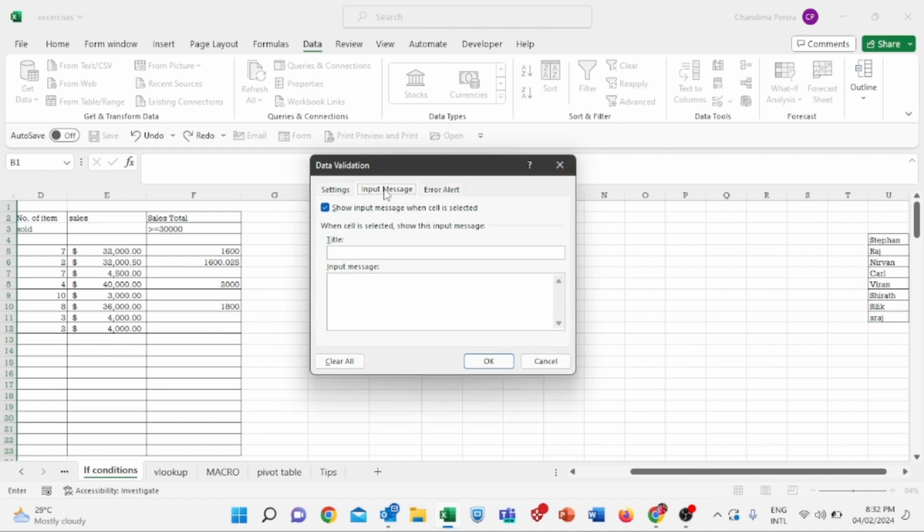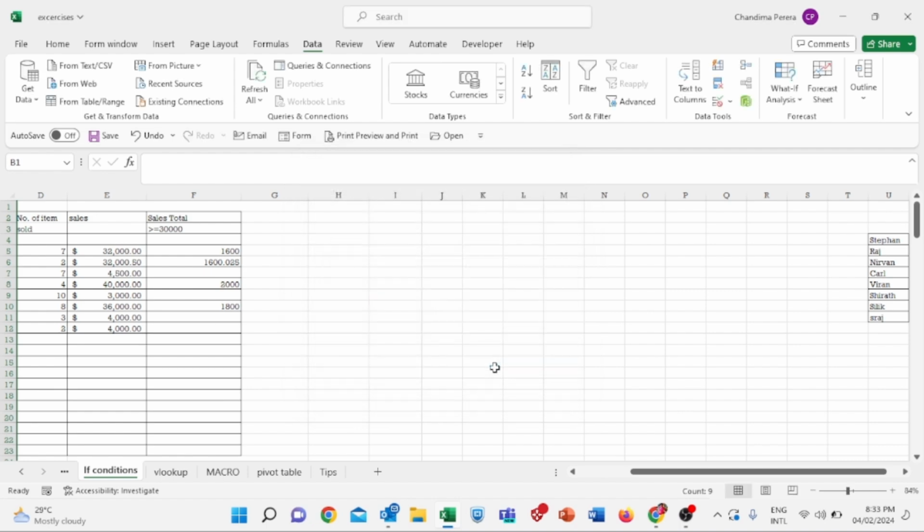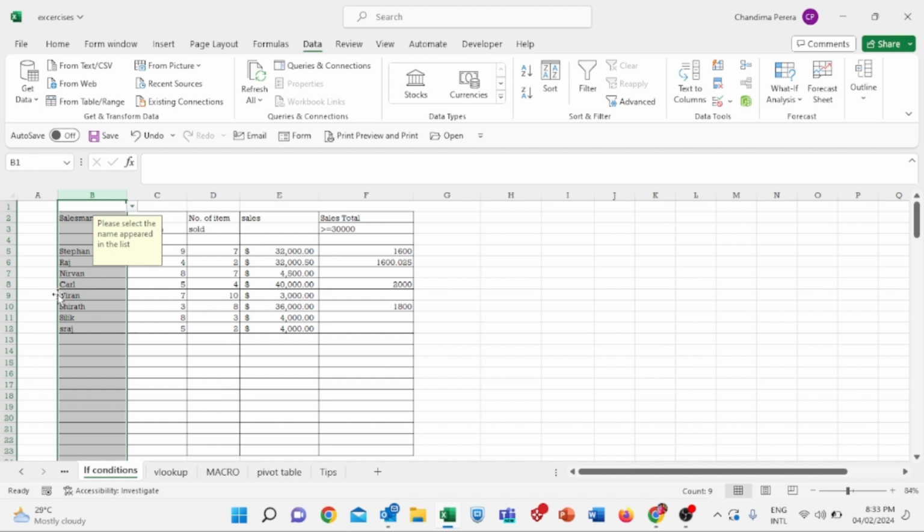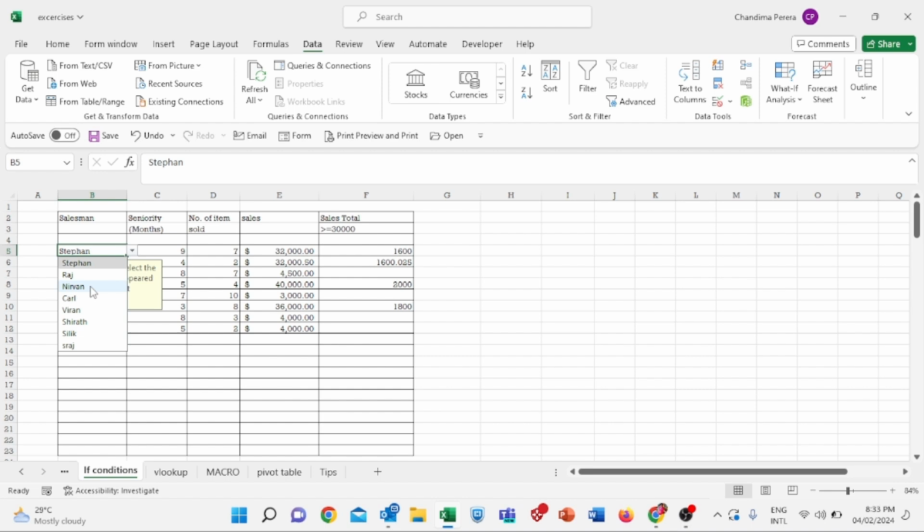Again the input message you can type, please select the name appeared in the list, and you can stop the error alert. Okay, now let's see. Now here you can select the name from the list, right? Whatever the list box in the